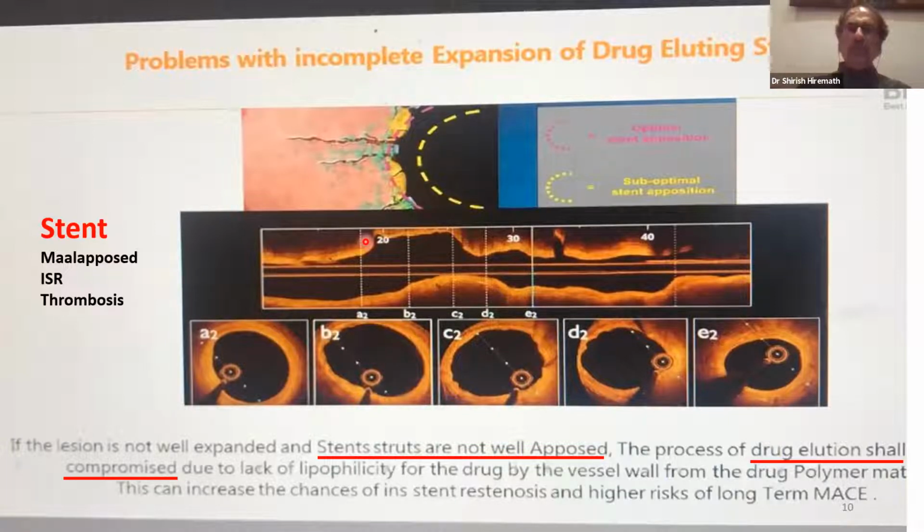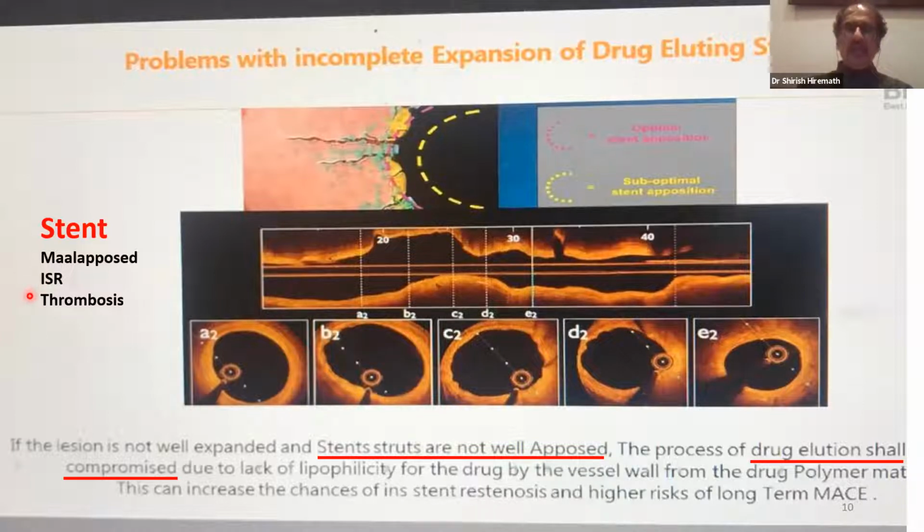So if you have calcified vessels, you clearly worry about malapposed stents. Here you can see the stent is deployed, but it is not touching the vessel wall. So this is a malapposed stent. The malapposed stent can be a nidus for in-stent restenosis, and thus these stents are very prone to ISR,